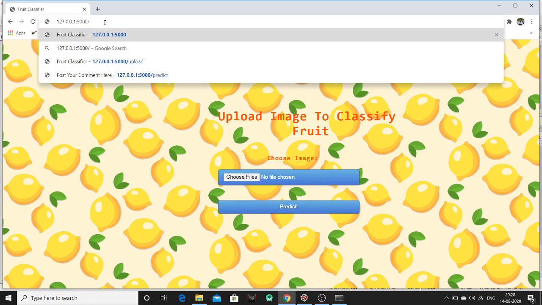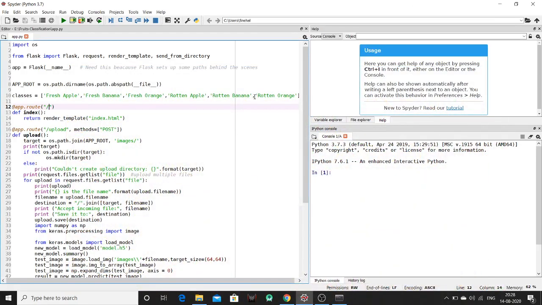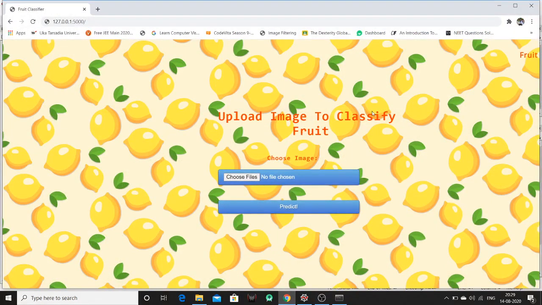This shows that our main page is whatever HTML or CSS file we are giving. So here is our first function, index. This will convert this Python function into a Flask view function that will be used to display our web application.